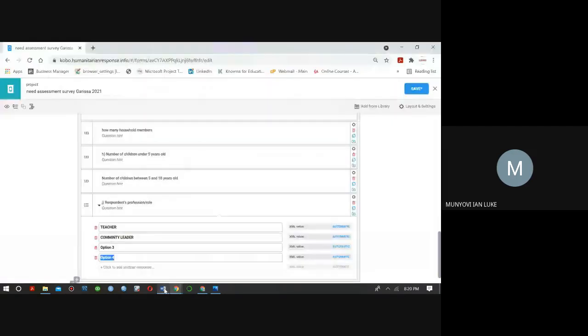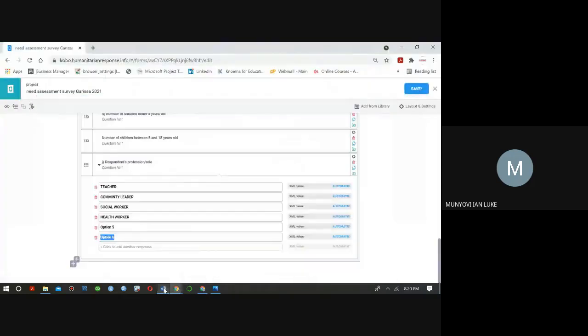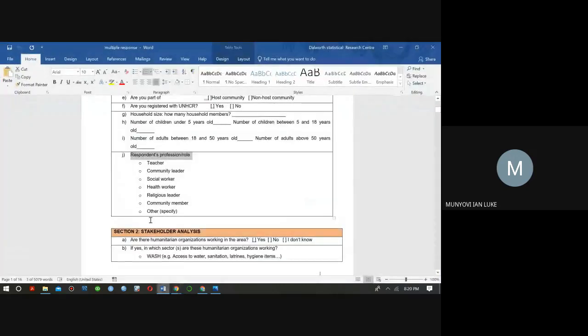Social worker, health worker, and then religious leader, community member. Now, let's see how to handle this part of other.